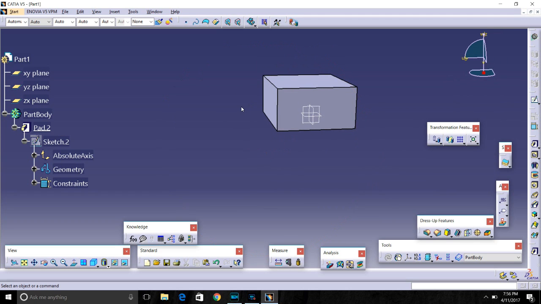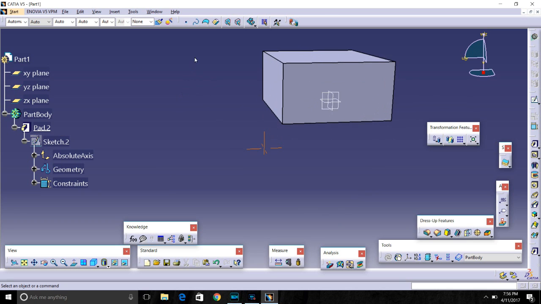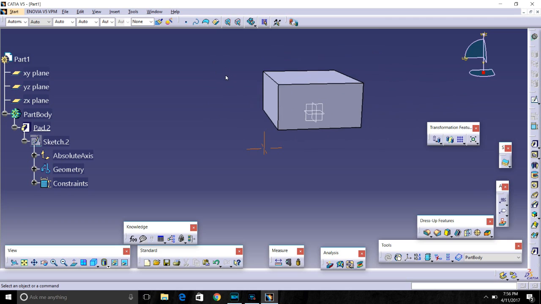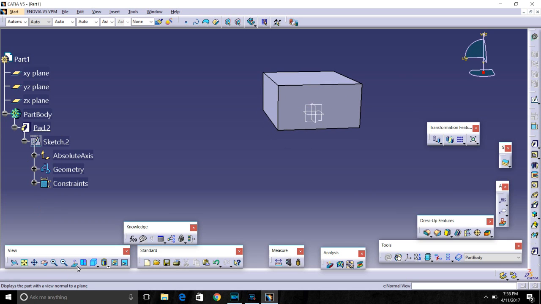And in order to zoom in and zoom out, you can use the mouse by just clicking on the scroll and just clicking once at the right click and moving the object. So this is really helpful, and can be done using the mouse, or either you can use the options here that are present. So zoom in, zoom out.